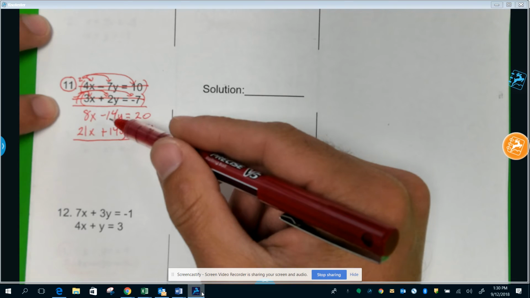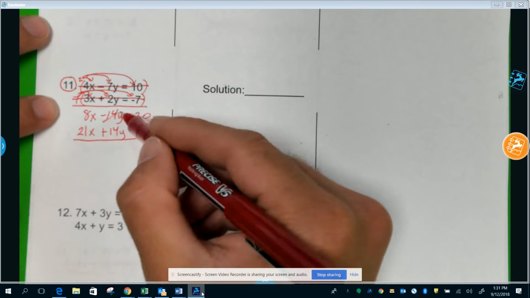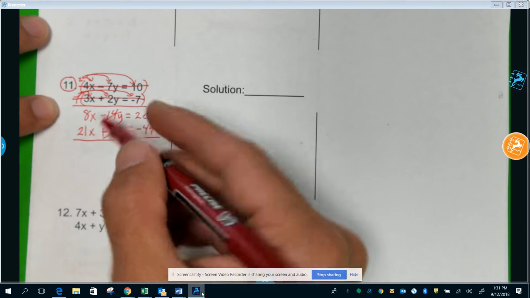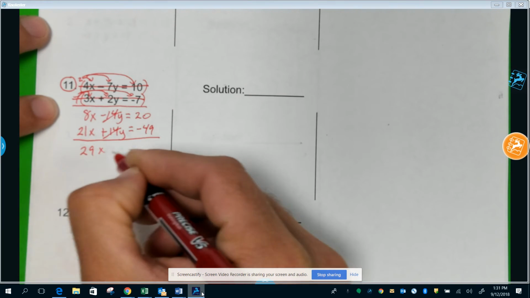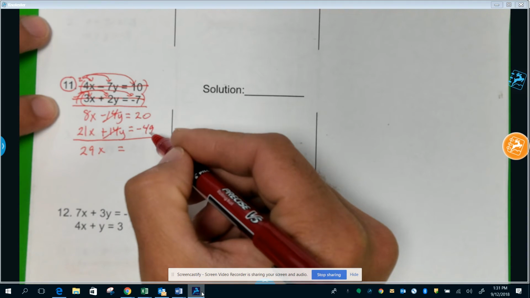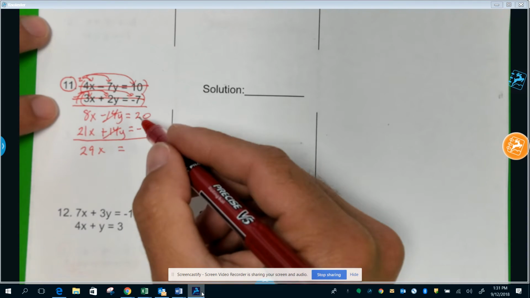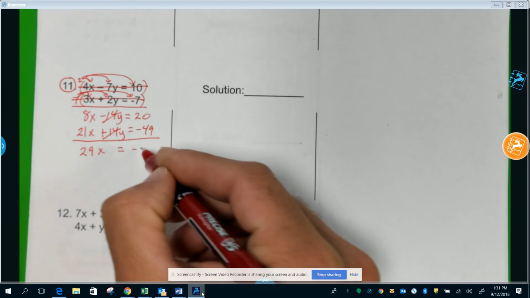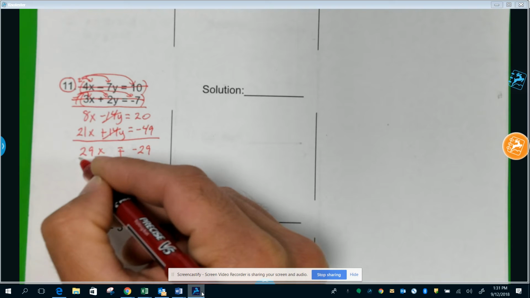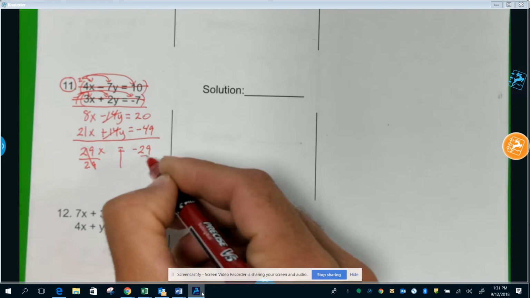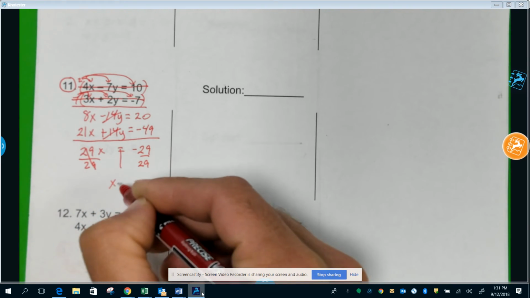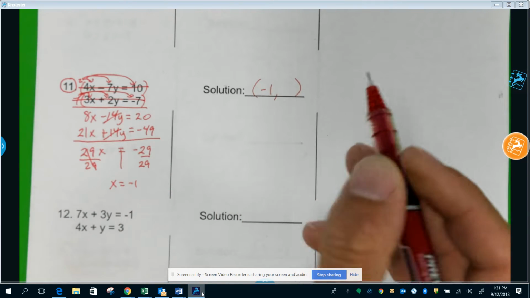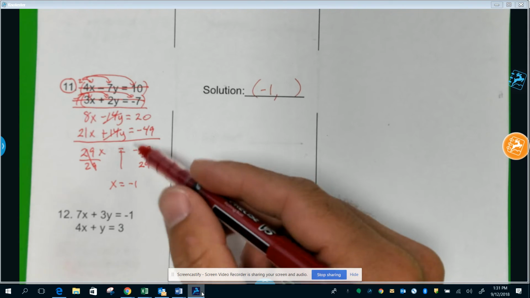Now that I have my two y's that are opposite, they can eliminate. Negative 14, positive 14, those eliminate. So when we combine our x's, 8 plus 21 gives me 29 x's. And then on the right, negative 49 plus 20, or you could say 20 minus 49, is going to be negative 29. And to solve for x, we divide by 29 on both sides. And x equals negative 1. So there's the first part of my solution. Now you can take that x value of -1 and plug it into either